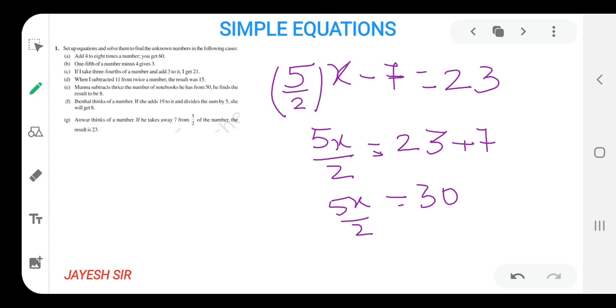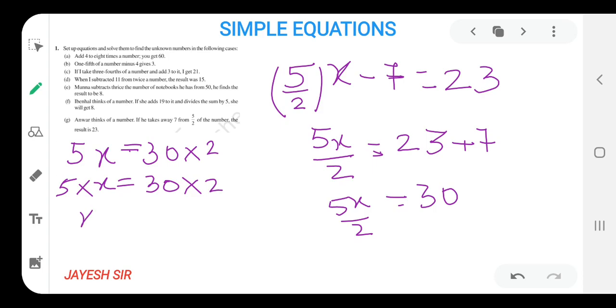Now 2 is in the denominator over here, or in division. After going that side it will become multiplication. So 5x equals 30, and 2 is in division. After going this side it will become multiplication. So 30 into 2 as it is. I have already told you that no need to multiply. 5 and x are in multiplication. In this way it would be 30 into 2. Now 5 and x are in multiplication, 5 after going this side will come in division. 30 into 2 divided by 5. Now it could be cancelled. 5 ones are 5, 5 sixes are 30. So what we are obtaining, the value of x is 12.